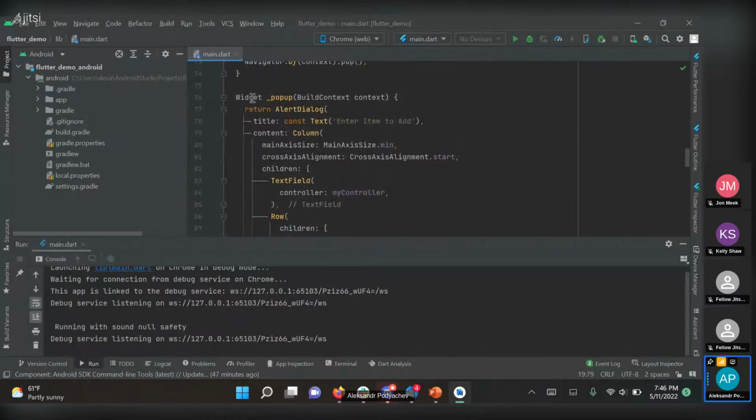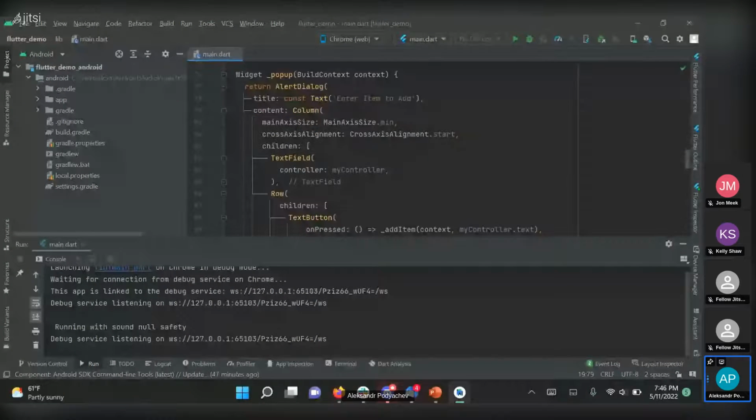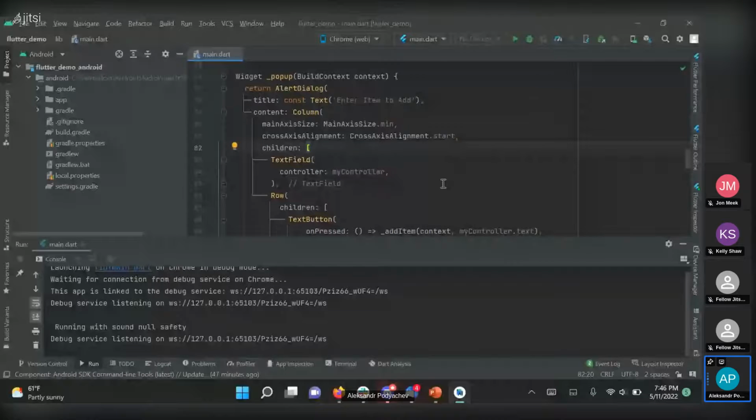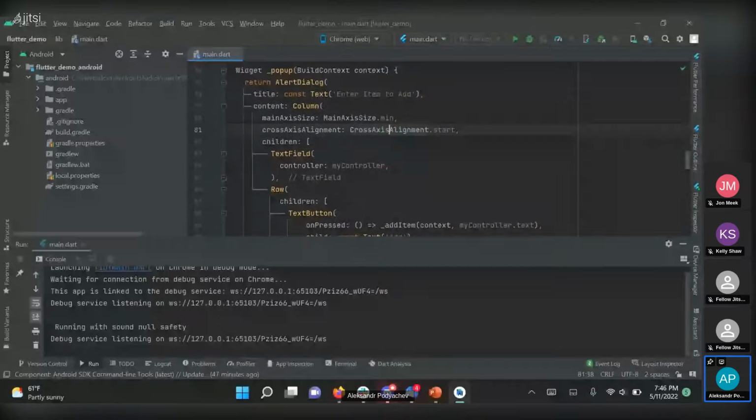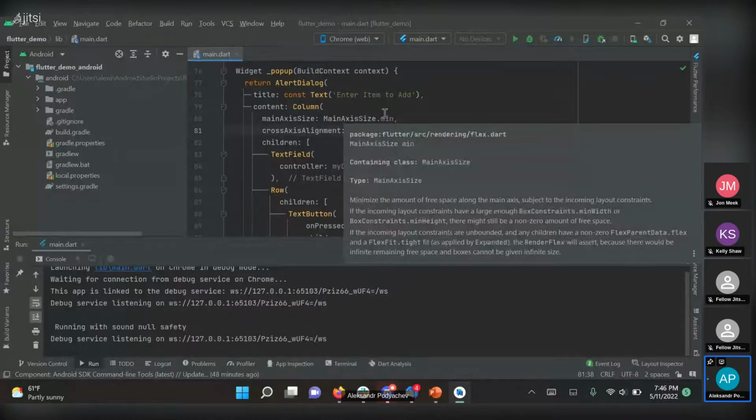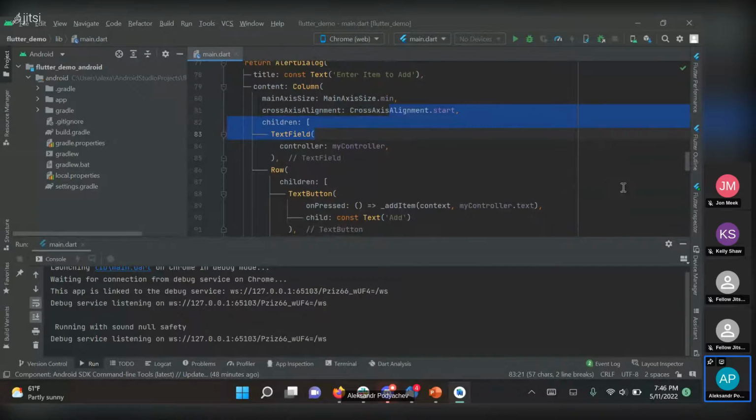So this pop-up widget, that's the pop-up that I get when I click on the blue button. So title is here's an example of a text widget. Enter item to add, and then the text field. This is where I enter in my data,